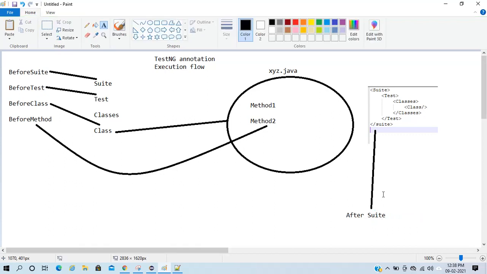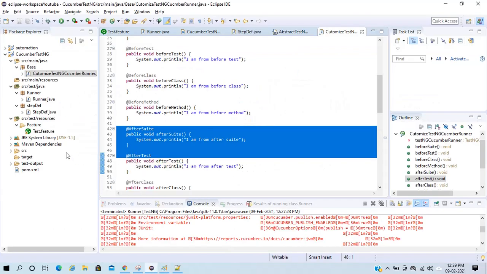Same thing for test as well. So before test executed here, and after test will execute here. Same thing for class as well. Before class executed here, and once it finished the execution of a class, then after class will execute. And same thing for method: before method will execute before calling any method, and once it completes the execution for that method, then after method will get executed.